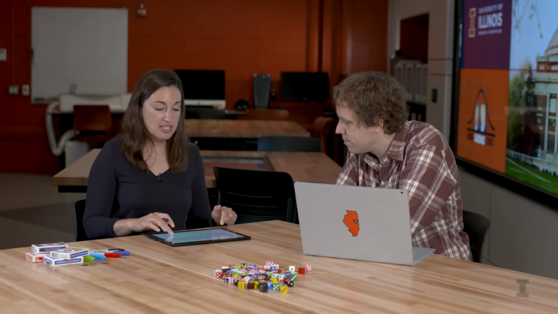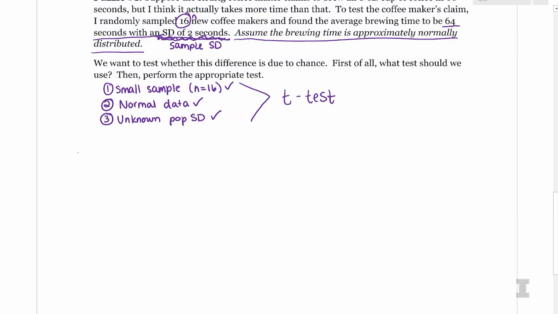And the nice thing about the t-test is that the steps are exactly the same as the z-test. So my first step is to go ahead and state the null and alternative hypothesis. I'm going to write the null in symbols for now. So I'm going to say that the true mean is 60 as claimed, right? They say Keurig claims to brew the coffee in 60 seconds. And then the alternative is what I'm trying to test, that I think the true mean is actually greater than 60. So we're going to see which of these there is more evidence for.